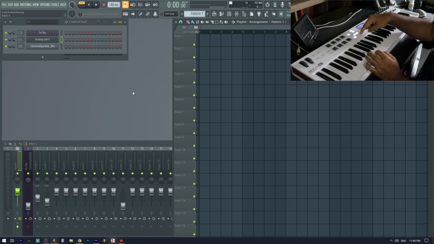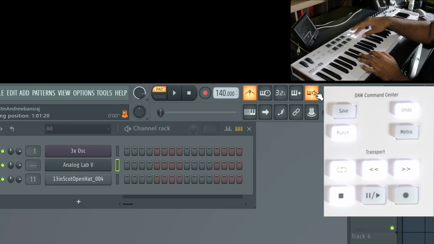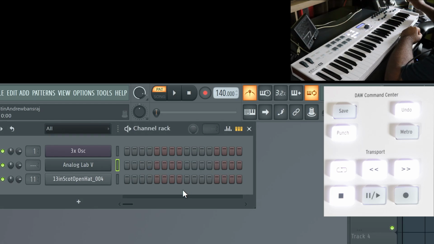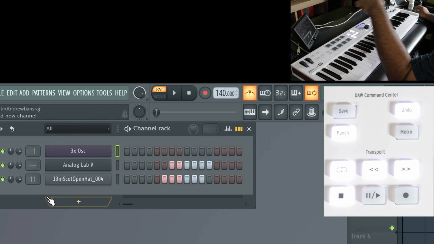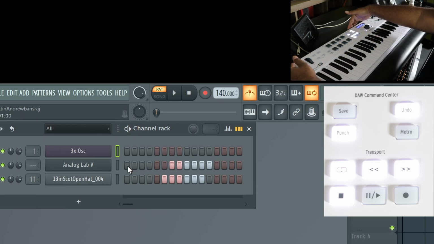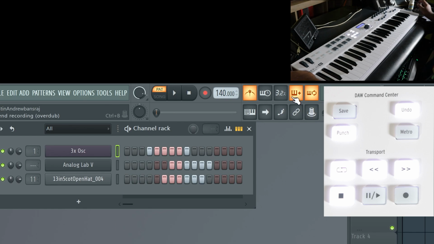Of course, the transport tools, we have the loop, which is actually a recording loop. We have the fast forward, as you see up there. We have the rewind. Up here, we have different functions. So if I show you for the save, for example, this is to cut whatever's in that channel selected. So let's say I go to the 3X, I don't want that. I'm just gonna press the save button. In my case, it's gonna be a cut, and it'll cut. Undo does an undo and redo. Metronome is the metronome. Punch actually is the overdubbing for the pianos if we were recording.